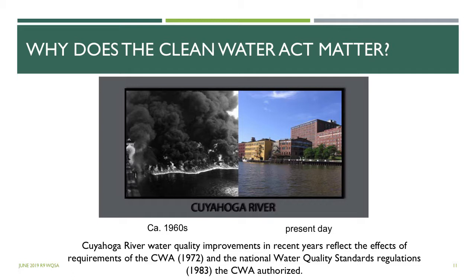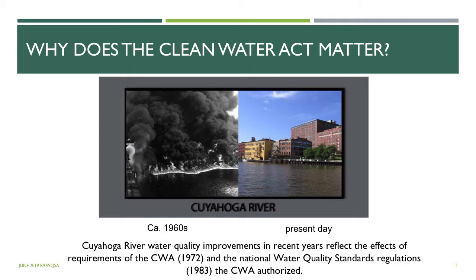So the Cuyahoga River is our example. On the left, you'll see a picture of a moment when the Cuyahoga River itself was on fire. And the right is modern day Cuyahoga River. It's located in northeast Ohio. At one time, the Cuyahoga River was the most polluted river in the United States, and the reach from Akron to Cleveland was completely devoid of fish. At least 13 fires were reported on the Cuyahoga River, the first occurring in 1868 and the largest in 1952, which burned for 3 days and was reported to cause over $1.5 million in damage.